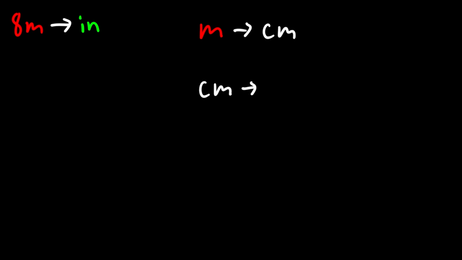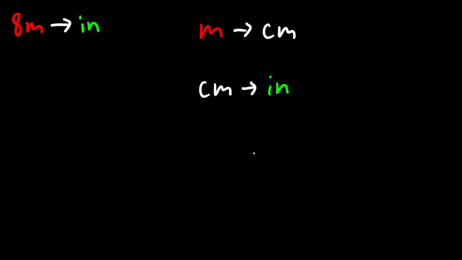Dimensional analysis can be very useful if you want to convert something multiple times to get to a final result. So for example, let's say we want to convert 8 meters to inches. What's the conversion factor between meters and inches? To be honest, I have no clue, but what I do know is the conversion factor from meters to centimeters, and then from centimeters to inches. If we can convert 8 meters to centimeters, and then convert centimeters to inches, then we can still get our